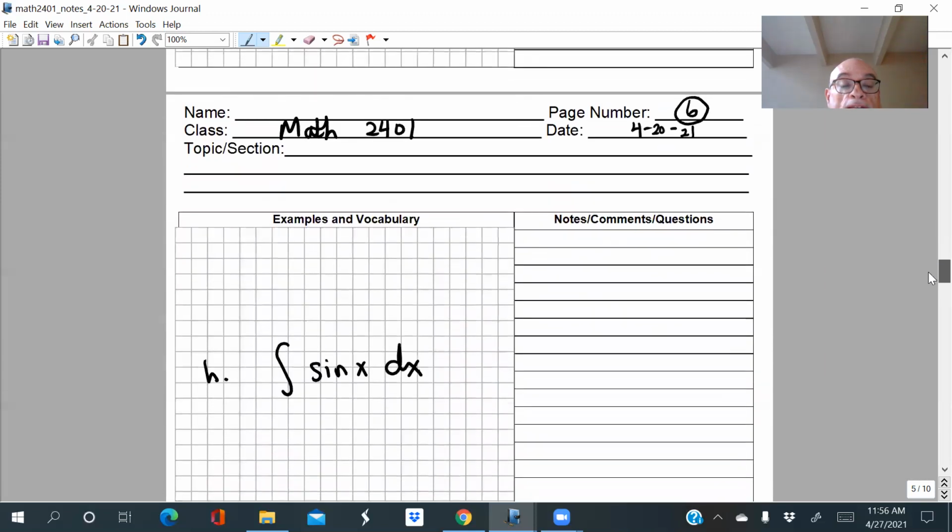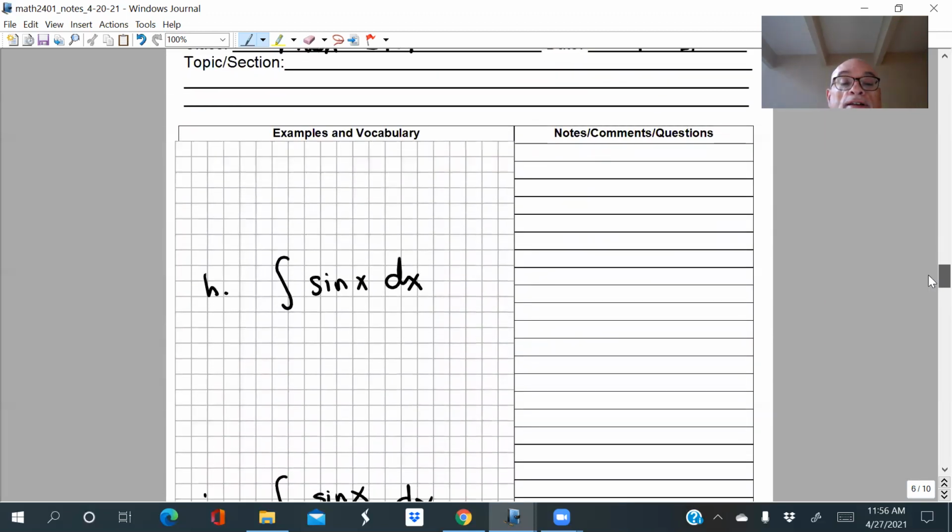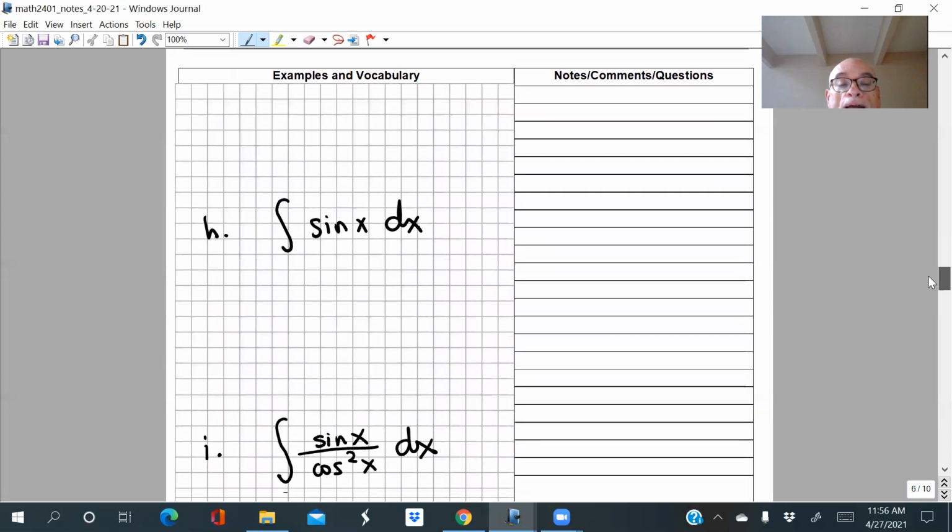Maybe we have to do that again here. All right. Now, Damien, I'm gonna put you on the spot again. Now I'm doing the antiderivative of sine of x. I want to do the antiderivative of sine of x. So what function's derivative is sine? Or something close to sine, right?